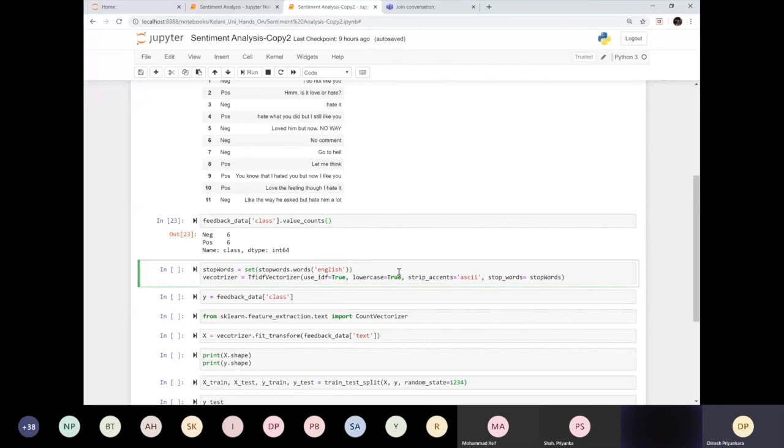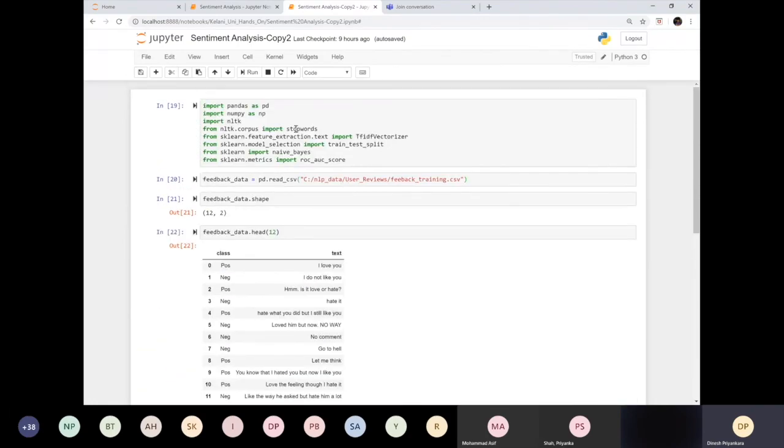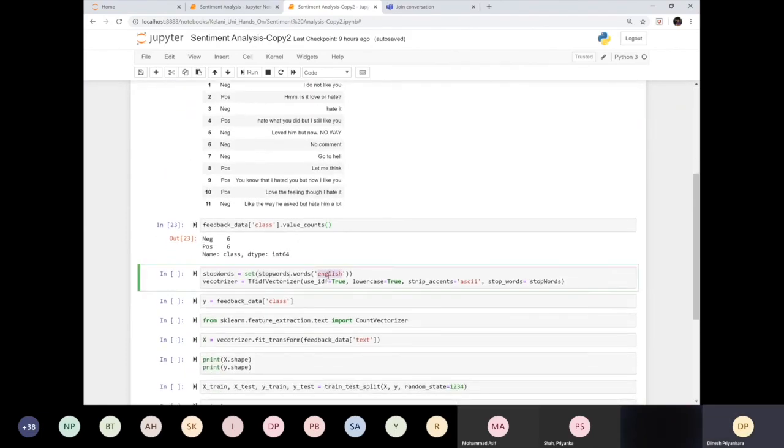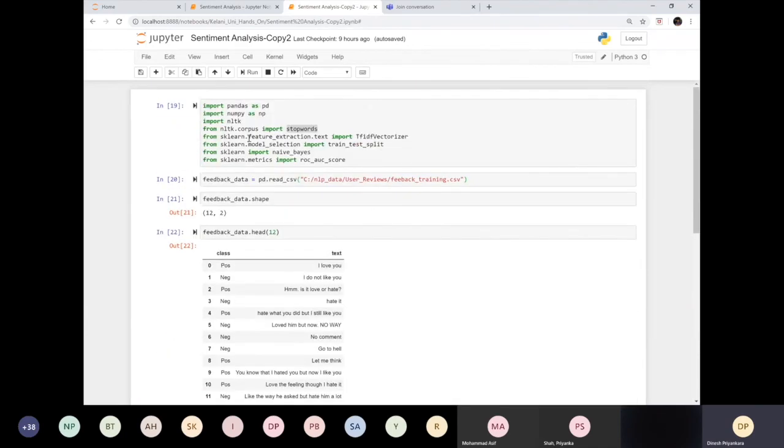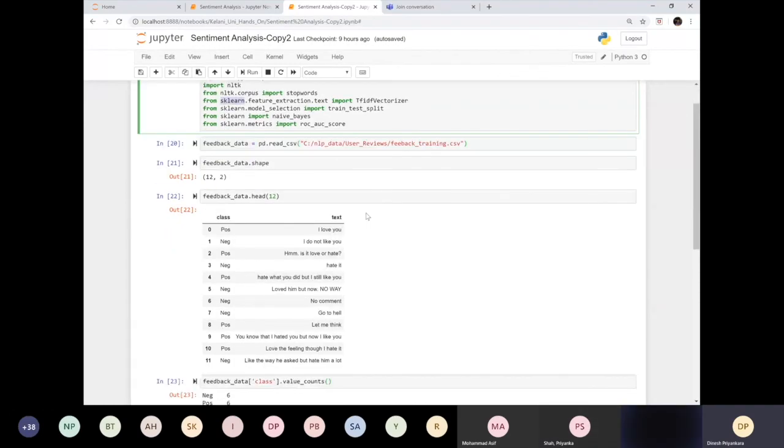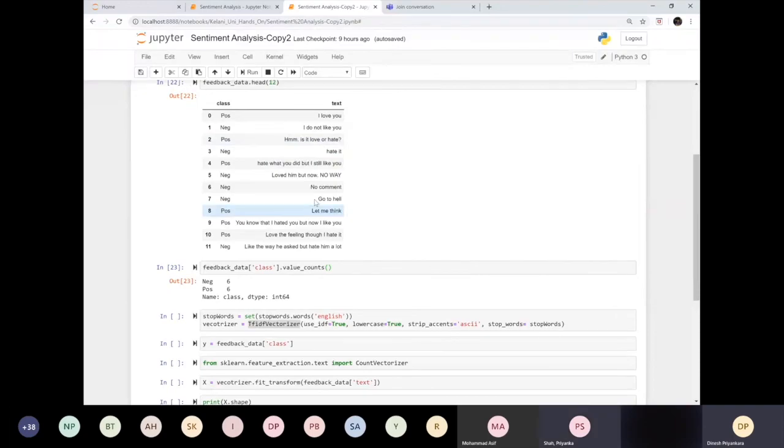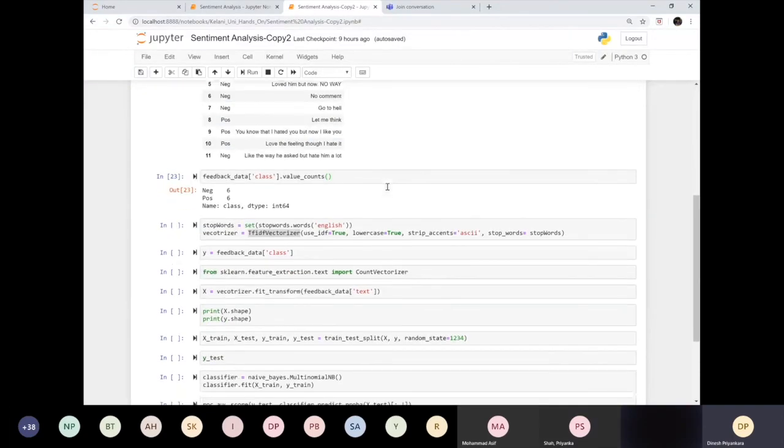I'm going to make sure that stop words are removed. So this is what I'm going to do. I'm going to use stop words. As you see, I have imported stop words from NLTK, so I'm going to use that. And I'm going to tell it, okay, use English stop words, and if there are stop words, remove them. And then remember the DTM, document term matrix. In order to create the DTM, you need to use this vectorizer. So I'm using the vectorizer from scikit-learn. Okay, right. So it's all about converting this unstructured text into a structured data set.